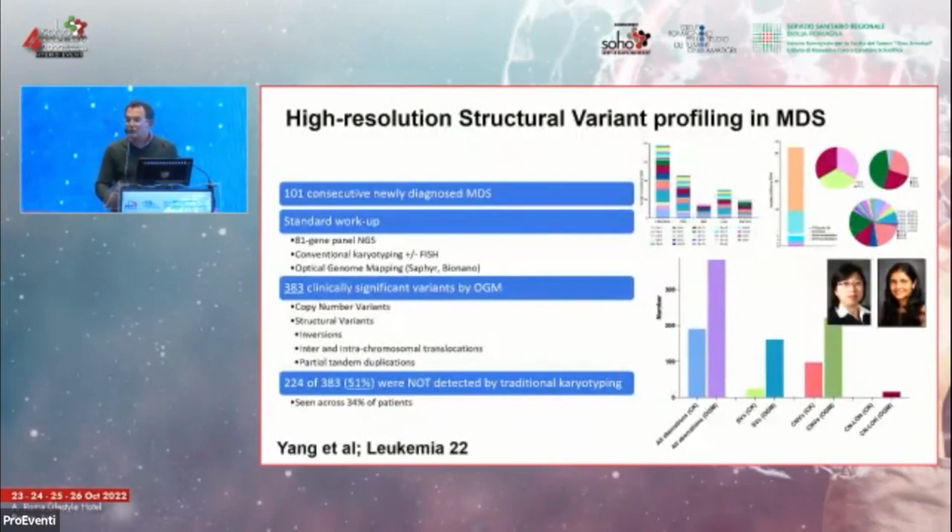Now, one thing that we're proud of also from our group is that even if probably in Italy this is not an issue, I can tell you that around the world, obtaining cytogenetics is actually quite difficult. In many places, they just don't have access to this. They can do NGS, but they cannot really do routine cytogenetics. So our group, a couple of months ago, published in Leukemia the first assay using this optical genomic mapping, this BioNano device that will allow for automation of this cytogenetic analysis. And data published in this paper shows that we can basically obliterate the group of patients with